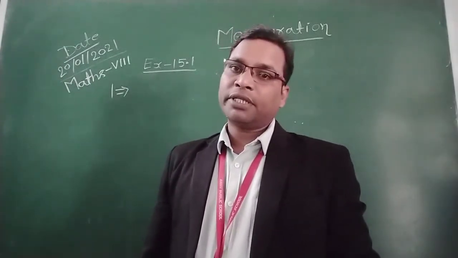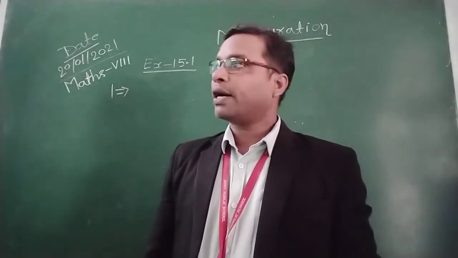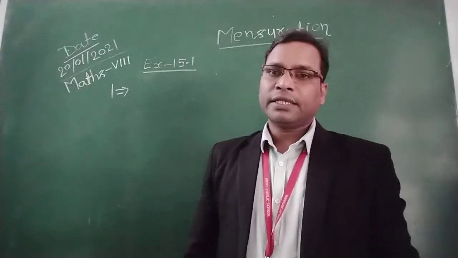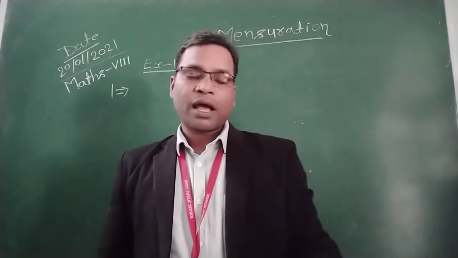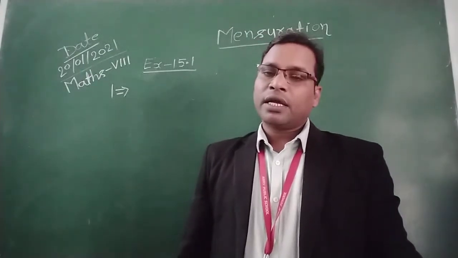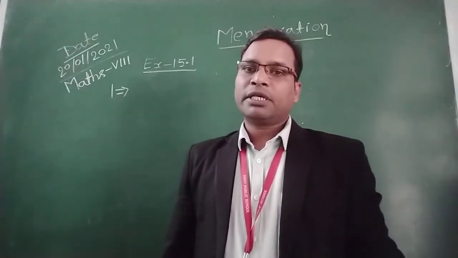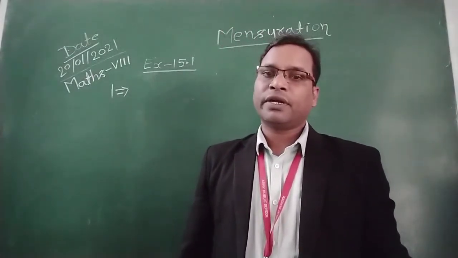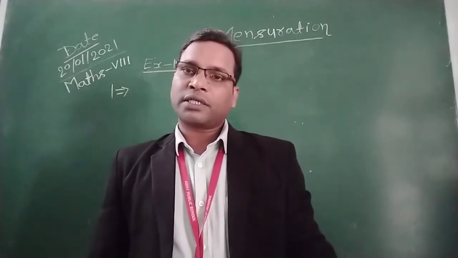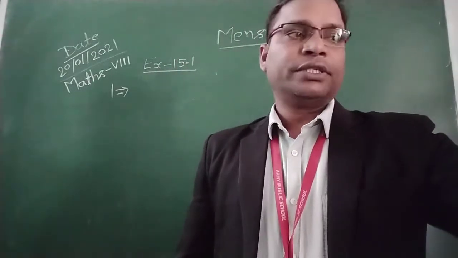and the ratio of the length and breadth is also given, and the rate of fencing is also given, 3.25 per meter. So first we find the length and breadth of this rectangular field. After this, we find the perimeter. The length of fence is equal to the perimeter of the rectangular field. If you multiply the length of fence by the rate of fencing, then you find the cost of fencing. So let's see how to solve this question.